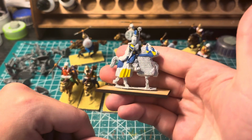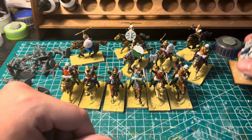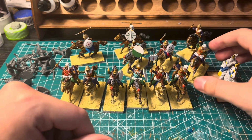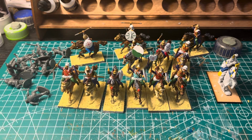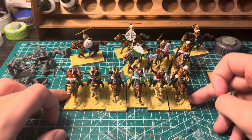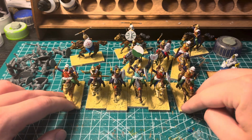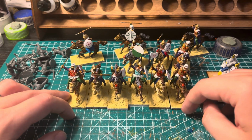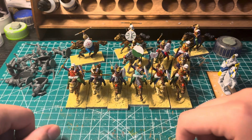because I still like having medieval figures single based, so that I can run them in Lion Rampant, Hail Caesar, Warhammer the Old World, what have you. There's cavalry for the ancients. I do single base, so they can be in close order or mixed order or open order. But then all of my infantry is multi-based on 40 by 40 mil squares,